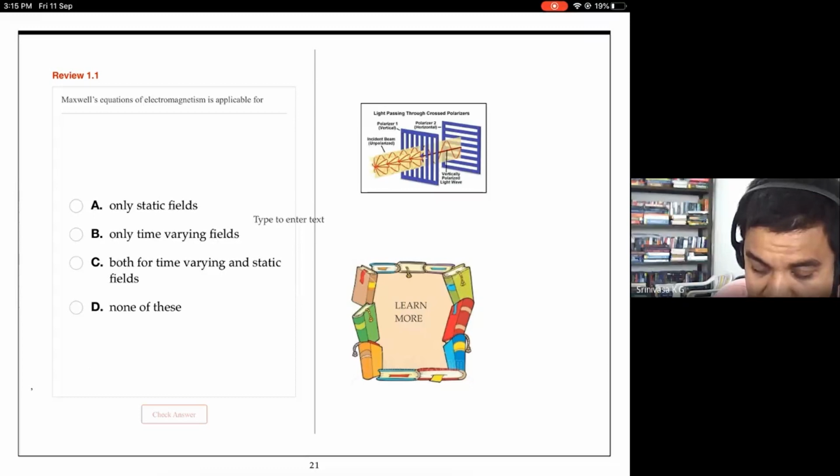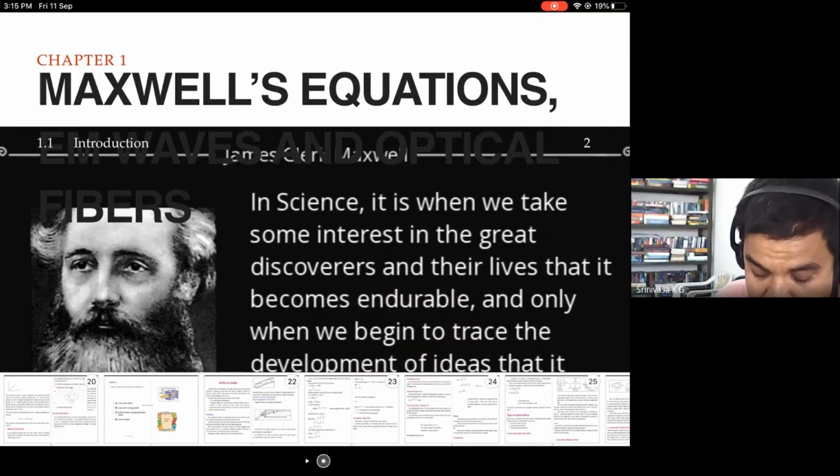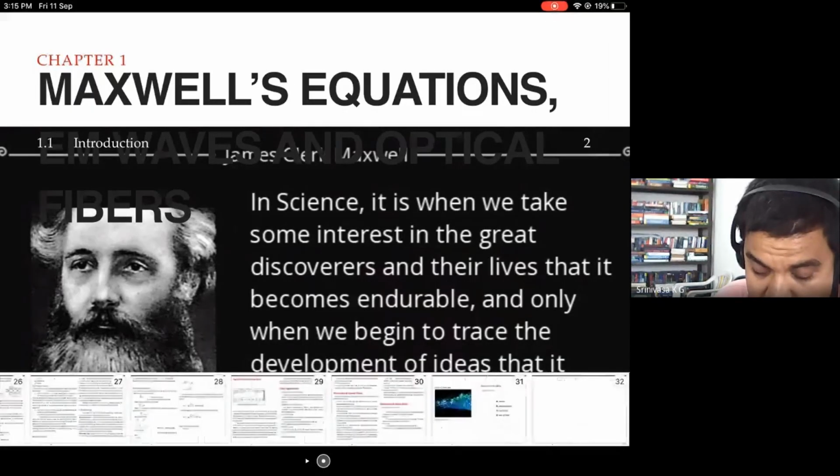let me say, I'll click only for static field. Check the answer. It says it is wrong. So I can keep trying. This is an interactive book, and I can also keep adding more information by icons like this. I click on this, I'll get this. So this is basically an interactive book, and I think this has worked out very well. And this is the introductory video that we ourselves make in the studio and embed in the iBook.